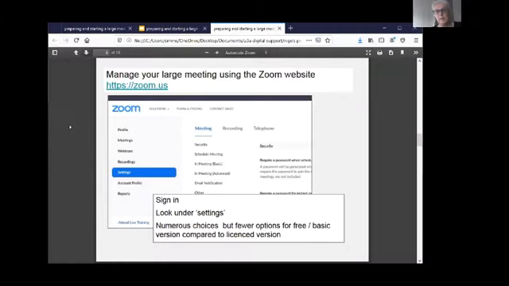What fewer people realise is that you can control the features of your meetings very, very finely by going into the website. And what I'm showing you here is pre-preparation for a large Zoom meeting. And it doesn't matter how far ahead you do this. You can do this for very, very far ahead for a meeting. But you can sign in via the Zoom website, and you can tweak the settings of your own account to make the meeting perform in a certain way. And if you're picking up a noise in the background, it's that the dustbin truck has just arrived.